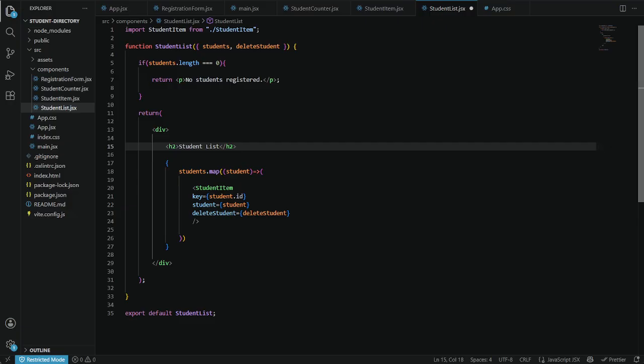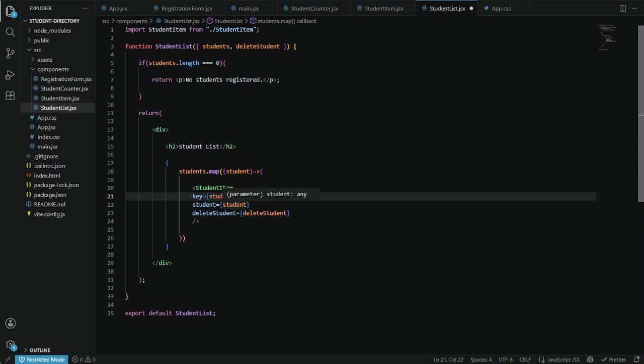So this one, the key, the student and the delete student. It creates one student item for each student, and then the three props, the key, student and delete student.